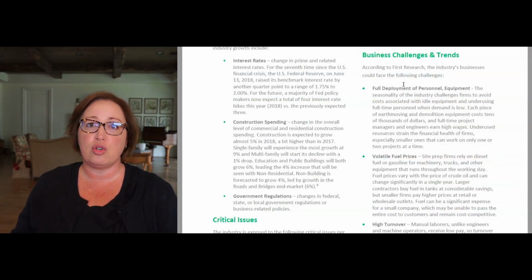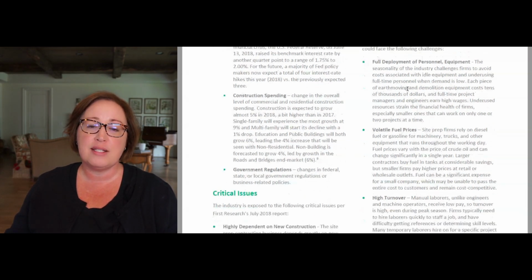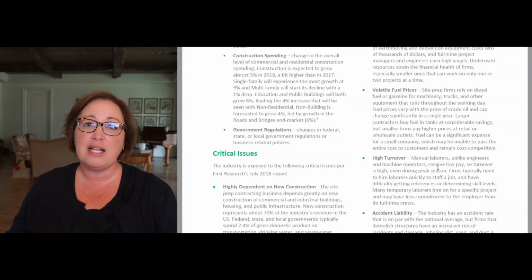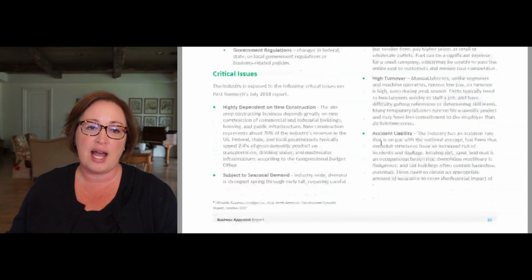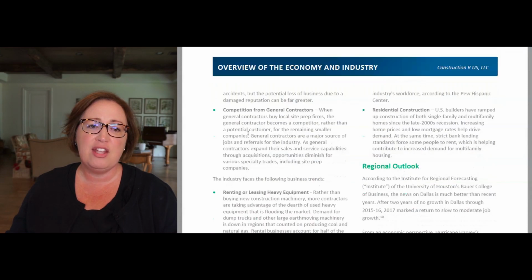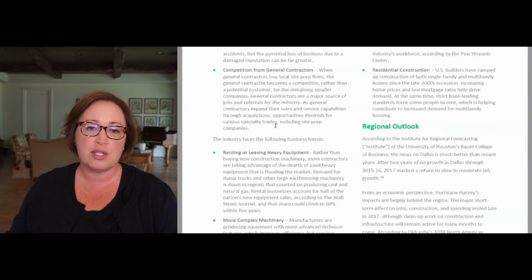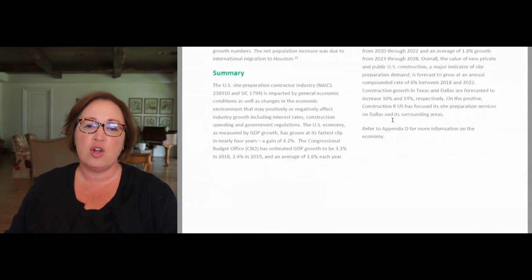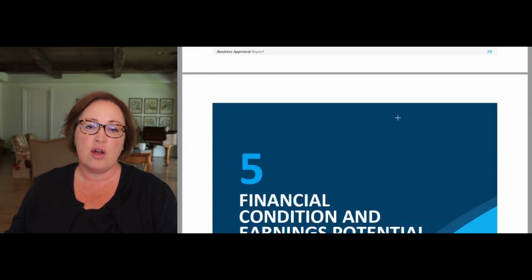And we look at all industries and we look at what those business challenges and the trends are. Could be fuel prices for this particular industry, personnel and equipment, full deployment, not having idle machinery, high turnover of manual day laborers. That could be very tough too, not having enough people on the ground. So we look at that. Accident liability within this industry is a trend. And then just general competition from general contractors. Regional outlook, we dig into the regional outlook, and then we place an overall takeaway summary for the site prep